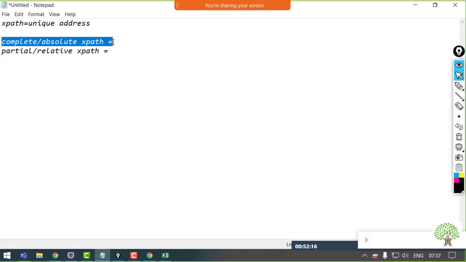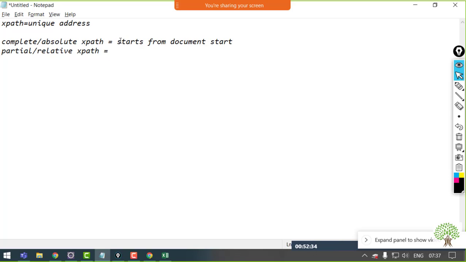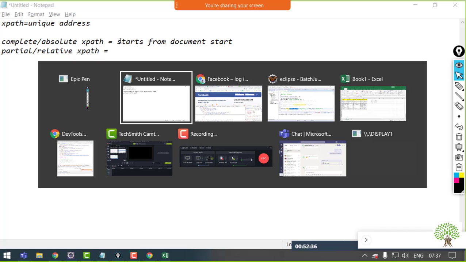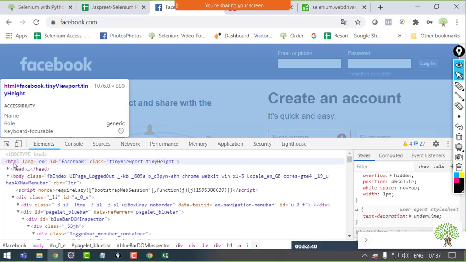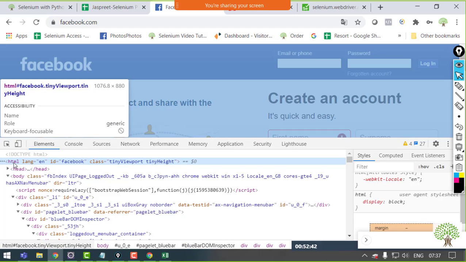Starting with the complete XPath. When we talk about the complete XPath, it starts from the head of the document. That means it starts from the starting of the document. When I talk about document start, it means from where the page is starting, and the page is starting from this HTML tag.